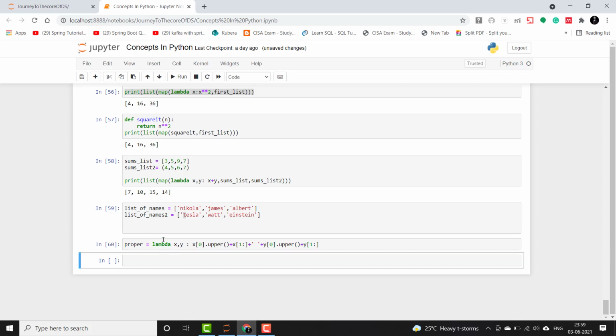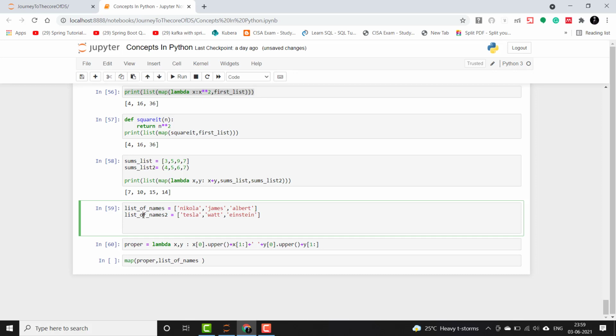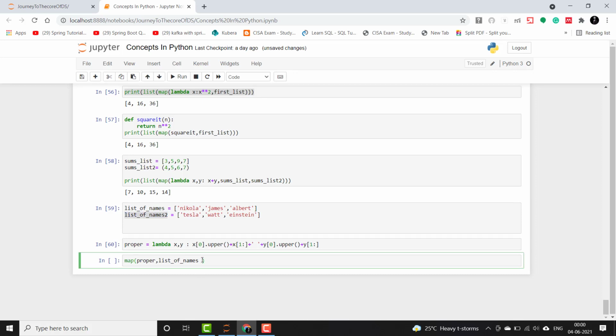Now we will use it inside a map like we did before. So I'll call proper in this, along with the lists. The first argument will be this, the second argument will be this, the third argument will be this.